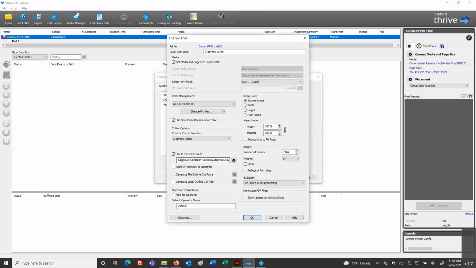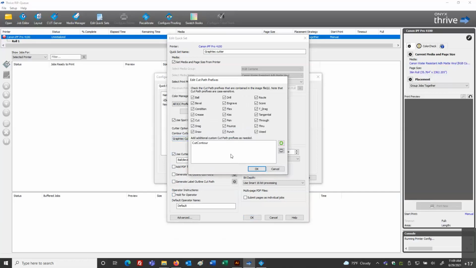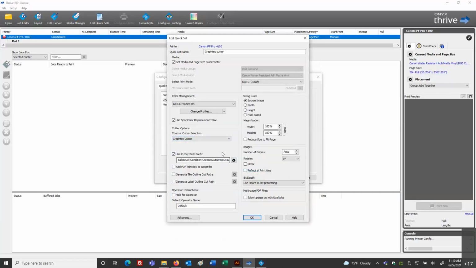Okay, so a few optional choices below that setting. These optional choices are truly case by case, it just depends on what you're doing. For the most part, by identifying the cutter model and the name of the spot color that will represent the cut data, we have a completed quick set.